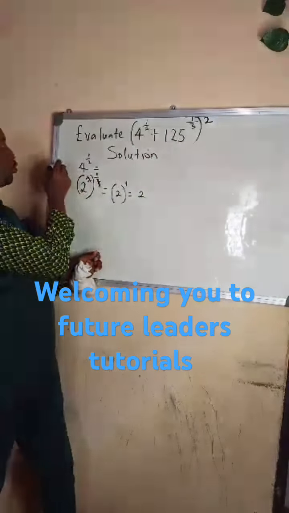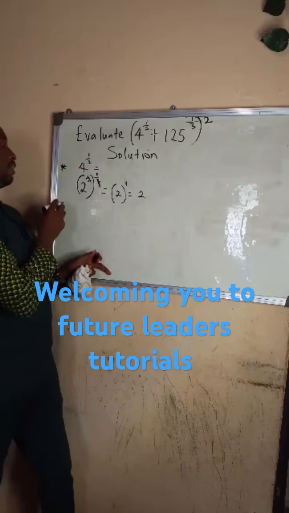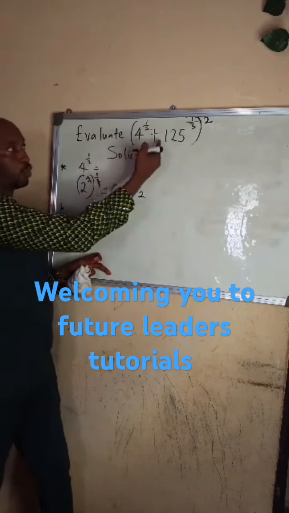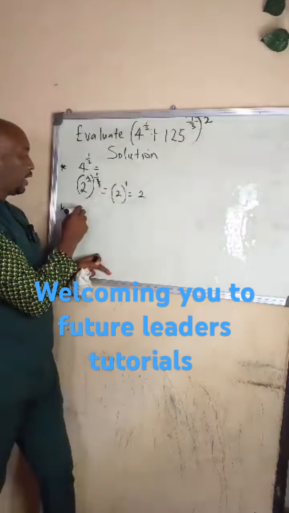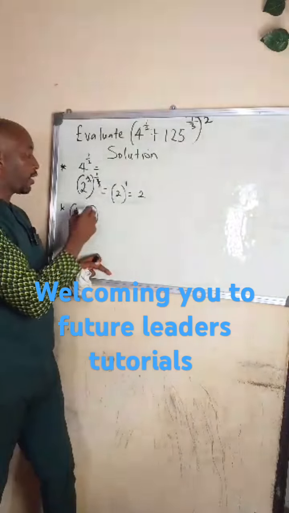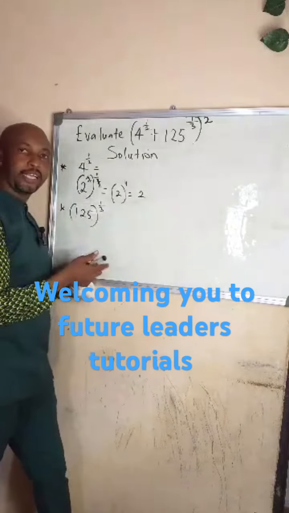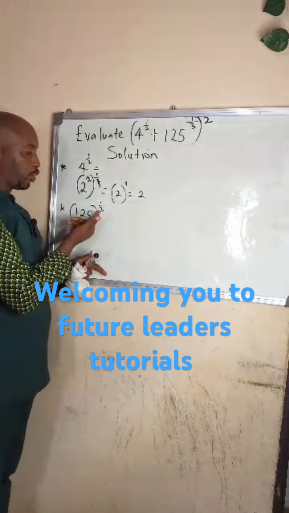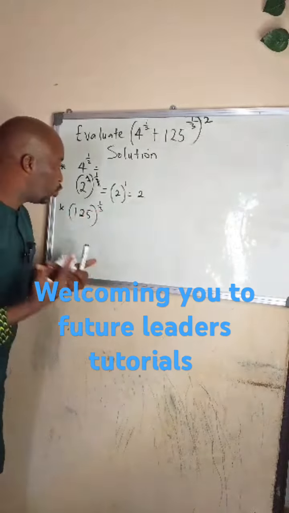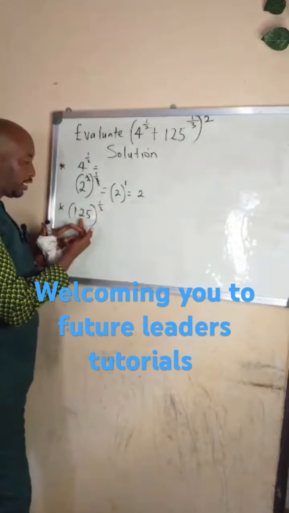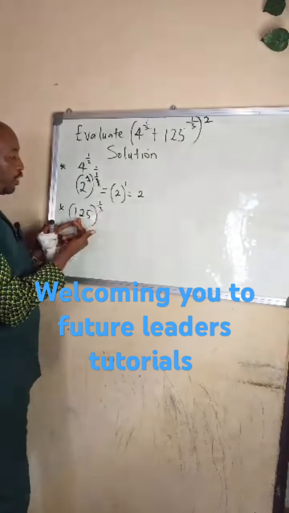Now I will take note of this asterisk. I will take note of this also. I will pick this out: 125, open bracket, close bracket, 1 over 3. I will solve this separately as well. Now this is my denominator of 3. What can we do? This is based on 125. You look for the number that